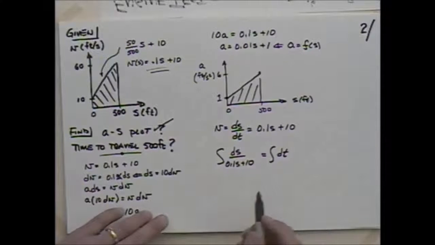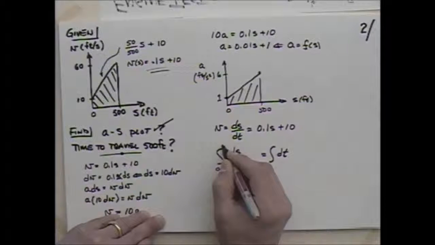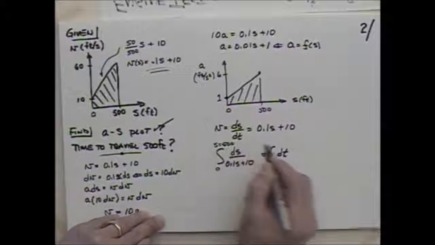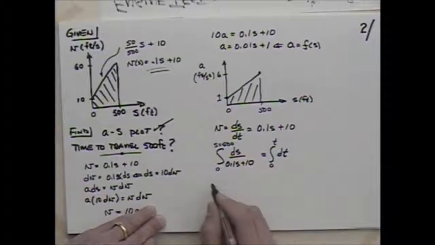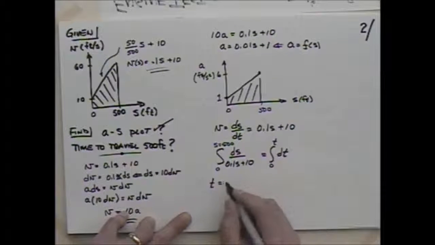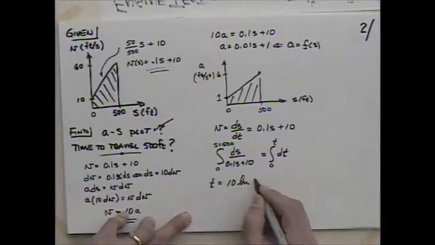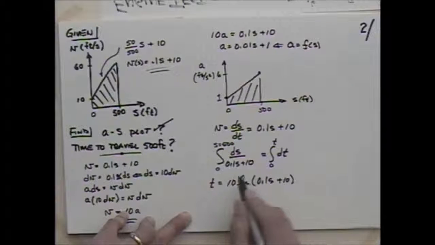Okay. So I'm going to integrate this from 0 to s, which would be s equals 500. And this is going to go from 0 to t. So I can come up then with t is equal to, that's the left hand or right hand side, that's fairly easy, right? Left hand side, how do I integrate that? Looks like the natural log, doesn't it? Yeah, I think I'm going to have 10 times the log of 0.1 s plus 10, and I have to then evaluate that